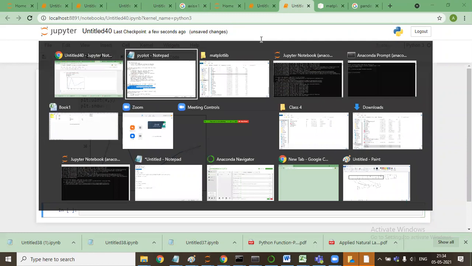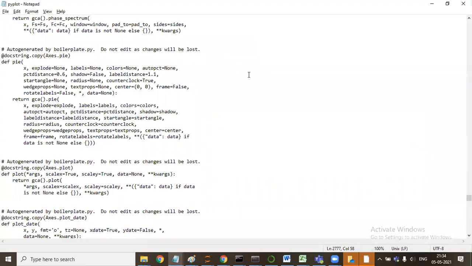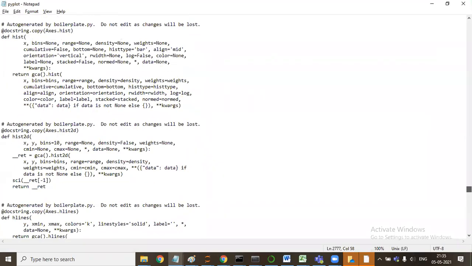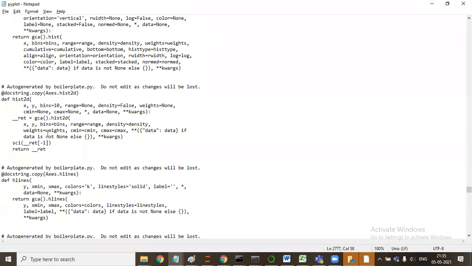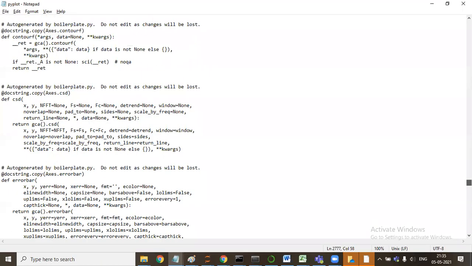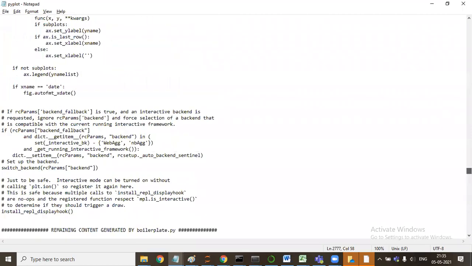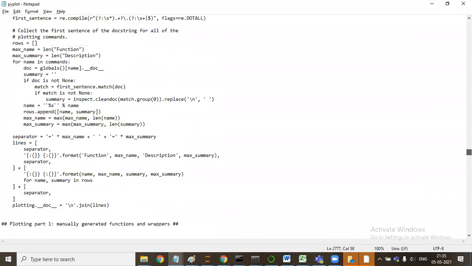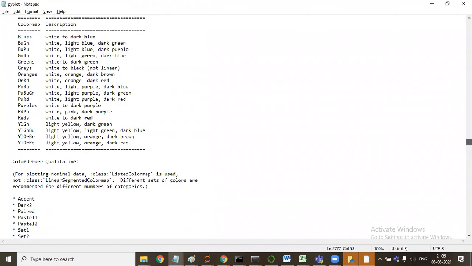If you go to any library and open it, you will see whatever functions it can do. Say it has a function hist 2D, hlines, eventplot; whatever function is mentioned here will be available in that library. Sir, can you repeat this?